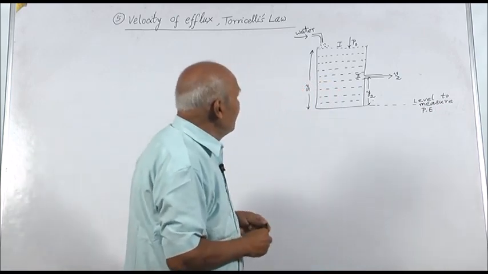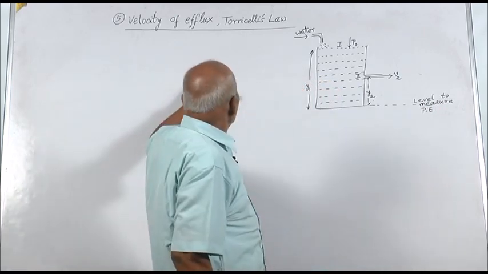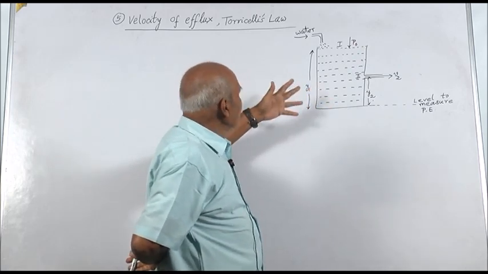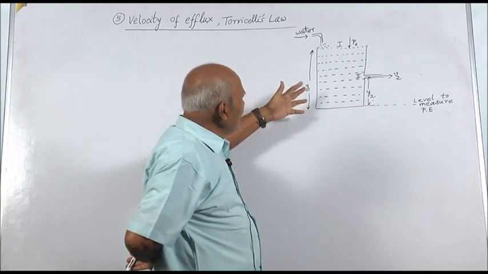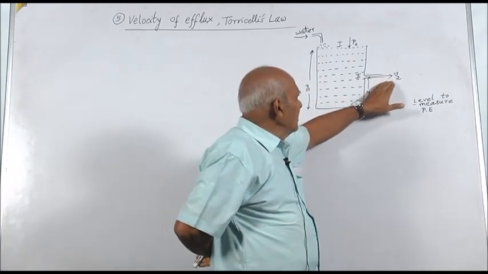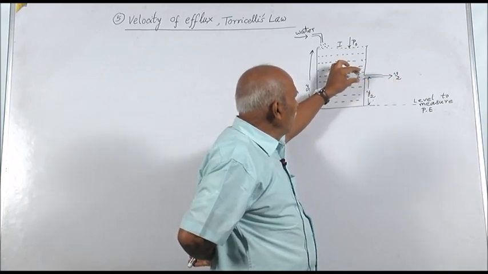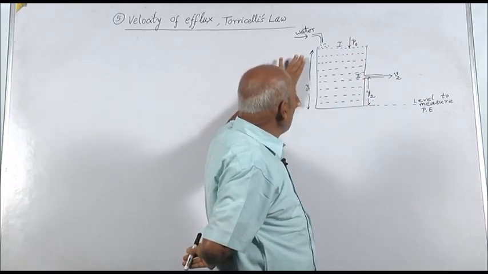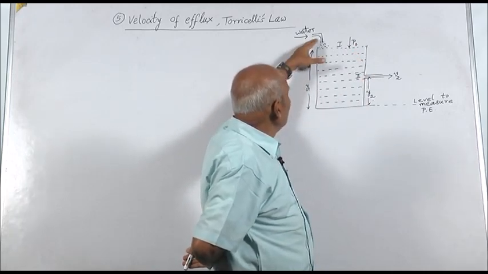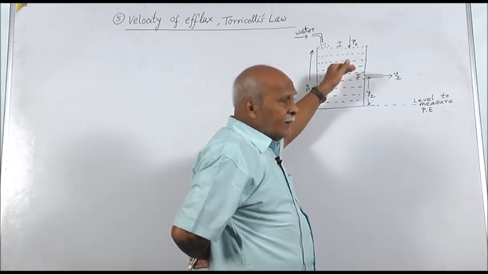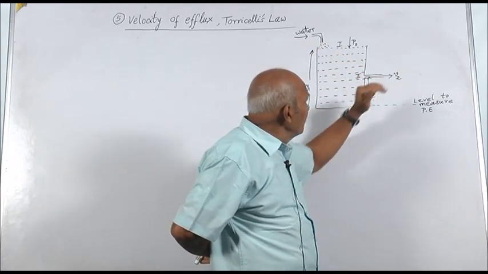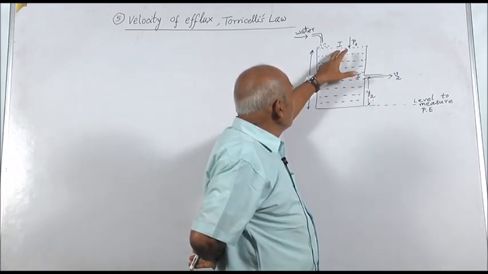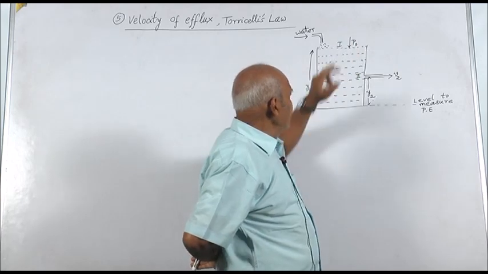So, this is another application of Bernoulli's theorem, and it is very important in the sense that one can find the velocity of water coming out from the hole in a large container. Suppose the container is of height y1 maintained constant by the flow of water, and this amount of liquid flowing out is with a velocity v2.